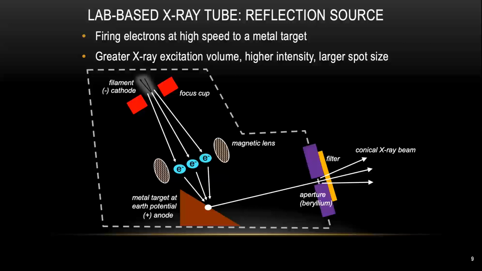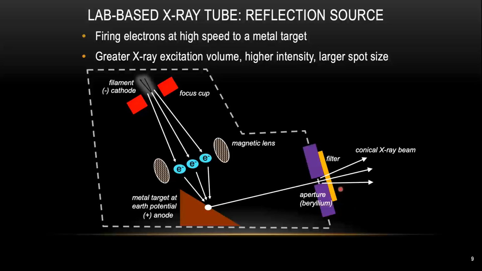The X-ray source is arranged in an elbow shape, and everything inside is under vacuum. We fire the filament with some voltage and current, and it generates thermal electrons at the tip of the filament. The electrons travel at high speed inside the vacuum chamber and eventually bombard a piece of metal, which we call the target, generating a cone beam of X-rays. The cone beam is emitted out from the aperture up here. The aperture is simply a piece of beryllium window, and sometimes we might need to implement a filter, which I will talk more about in a couple of slides.